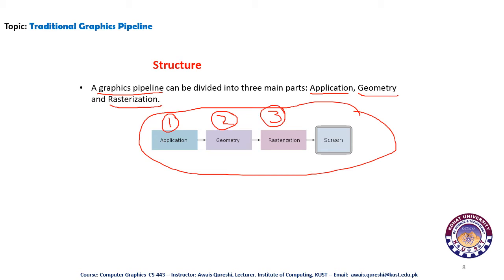And after that, when an object passes through, here the object refers to a 2D object or a 3D object where the lighting is emitting, when the object passes through these three layers, then it will be able to display on the screen. So this is the structure of the pipeline. The first part is the application part. The second is the geometrical part. Here we have studied different geometric primitives like lines, polygons, squares, rectangles, triangles. Those are calculated, and then the rasterization process, and after that the scene will be displayed on the screen.